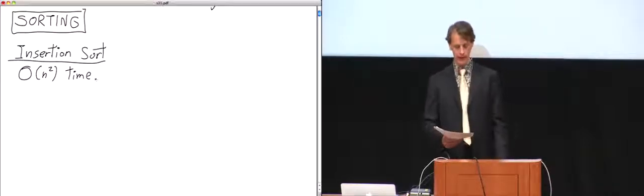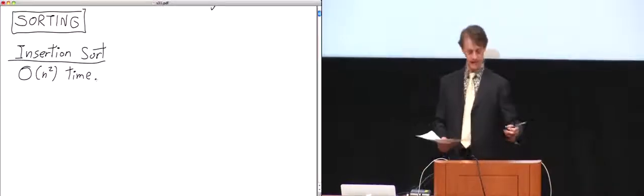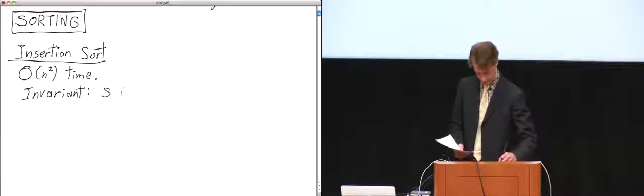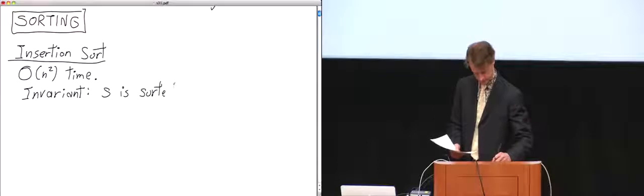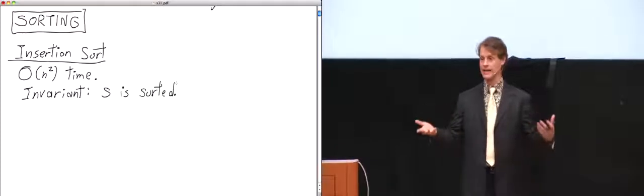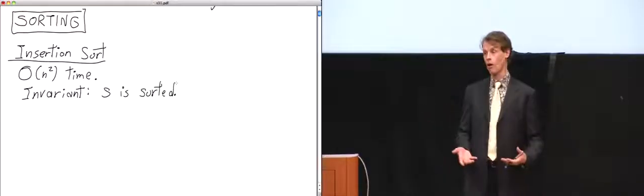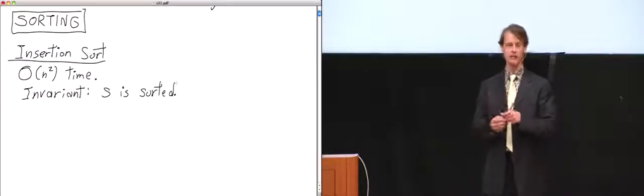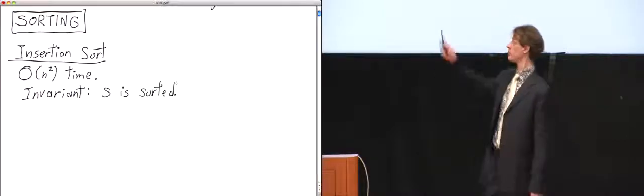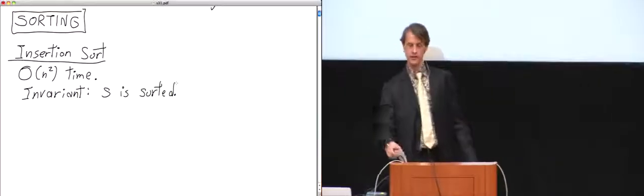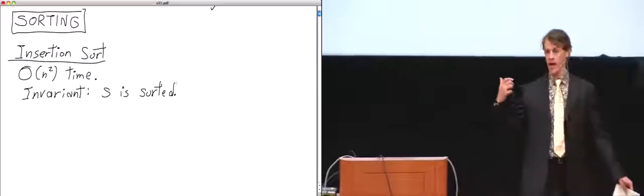What we're going to do is employ a list S, and the invariant that we are going to enforce is that S is always a sorted list. And so we're going to take the input numbers, some unsorted list of numbers or strings, or whatever it is you want to sort, called I for input, and we're going to take items out of the input one by one, and insert them into this sorted list S. And always enforcing the invariant that when you insert a new item into S, S stays sorted.